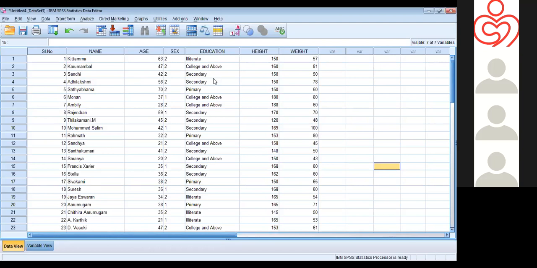So this much for SPSS today, and how to draw tables and graphs in Excel, that we can discuss tomorrow. As we have limited time, and it's already 9, I am not doing tables and graphs in Excel. We will wait for the next session.